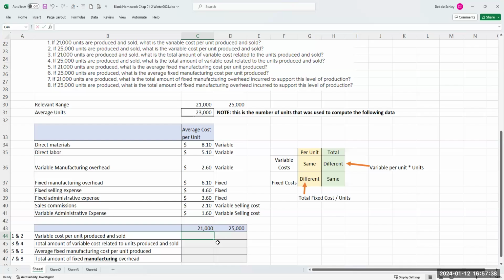So that is going to be my direct materials plus my direct labor plus my variable manufacturing overhead plus